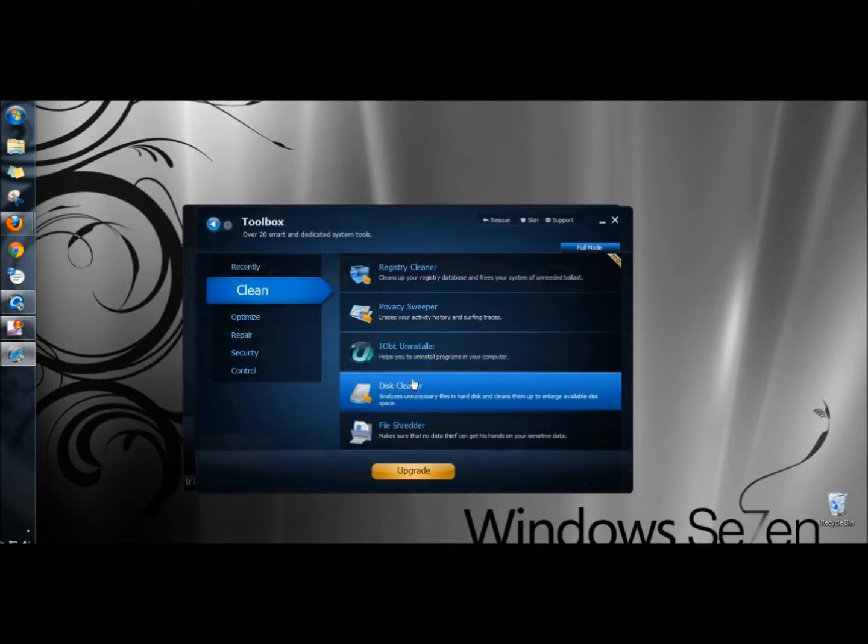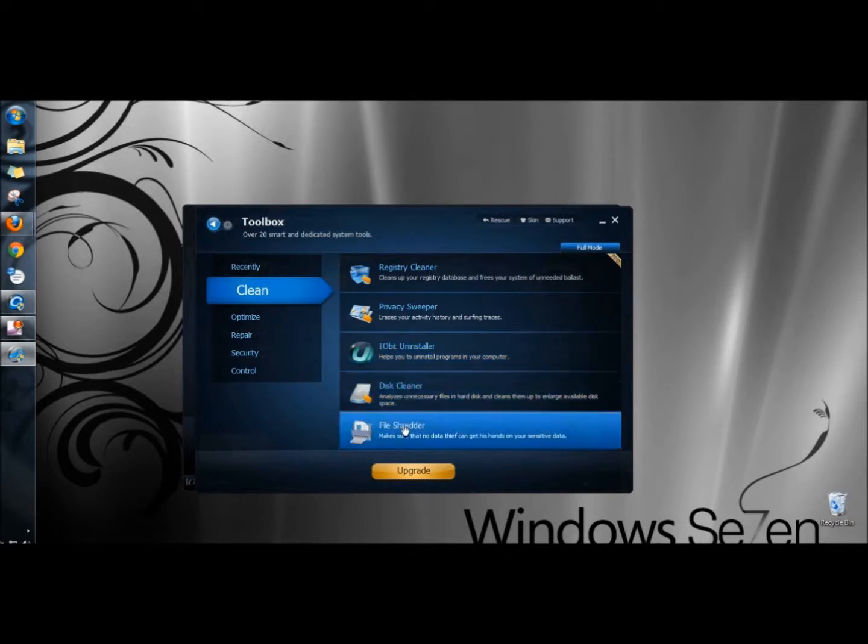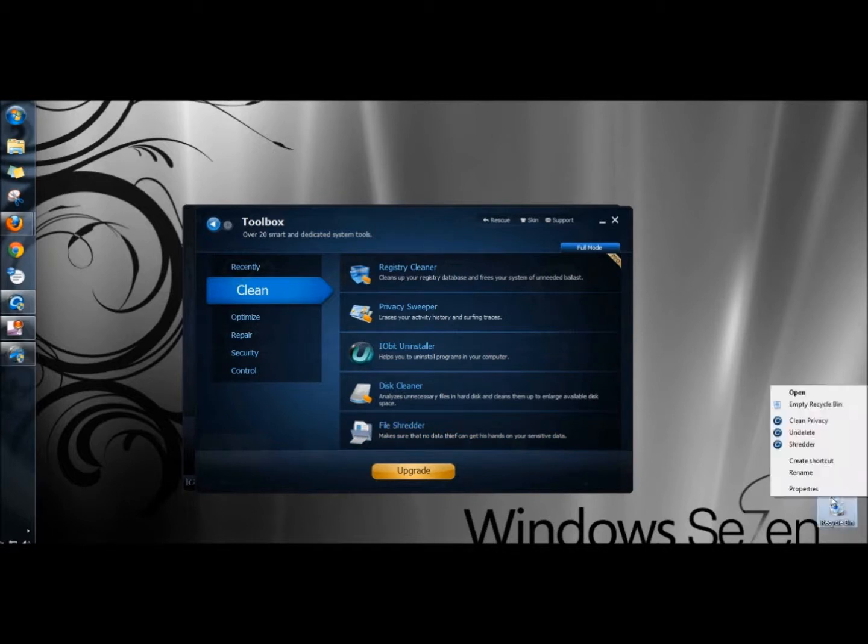There's also Disk Cleaner, which is the same as Disk Cleanup in Windows. And there's File Shredder. File Shredder is another useful tool that I use a lot. The File Shredder makes any document unretrievable. It wipes the file with the Department of Defense standards. And what I really like about it is if I went over here to the recycle bin, right clicked on it, you can see here where it says Shredder. If I click Shredder